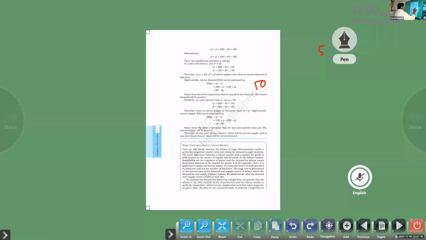Just go for an example here. So quantity demanded is equal to 200 minus 10, right? So quantity supplied is equal to 120 minus 10. So what is the answer here? 90. So QD is equal to 90 and QS is equal to 120 plus 10, so 130, right? Yes or no? Now calculate. What did you get there?